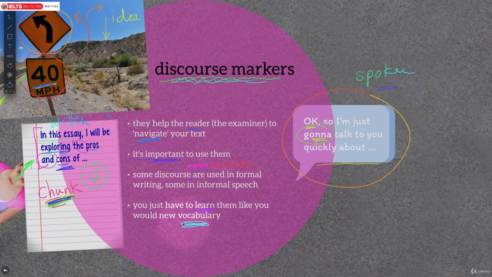Okay, so as I said, please try and remember these discourse markers as single pieces of vocabulary. Okay, and we'll be looking at these in detail, but these discourse markers also come up all over the place. So when you're reading more academic English, or even not academic, they come up in other not so formal texts. Look out for them. When you see them, note them down, write them down. They'll become very useful for you in your own writing. Okay, let's move